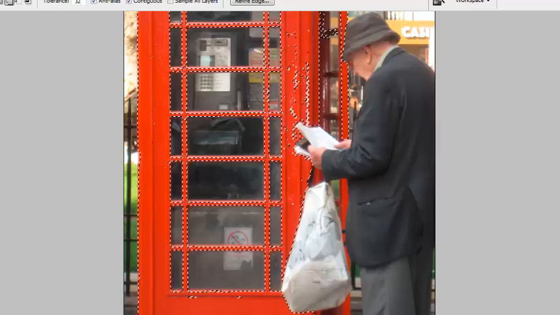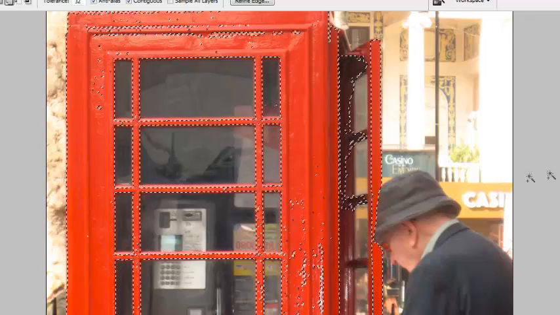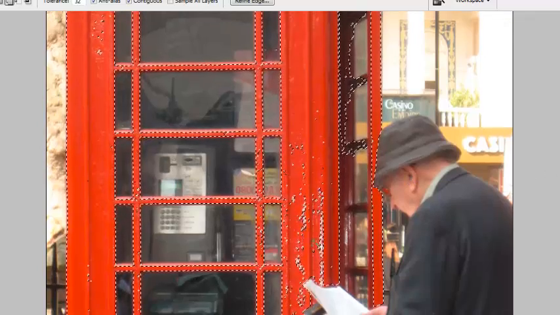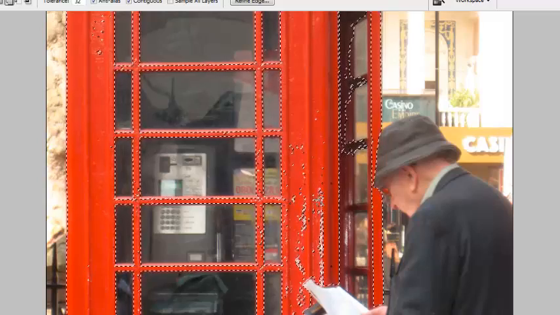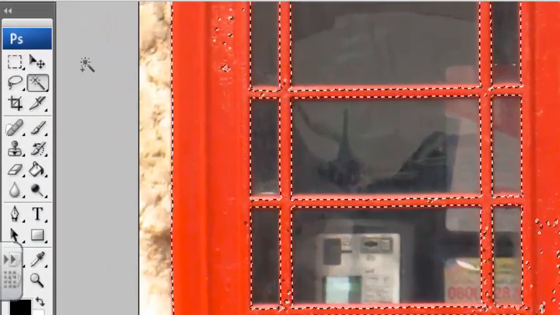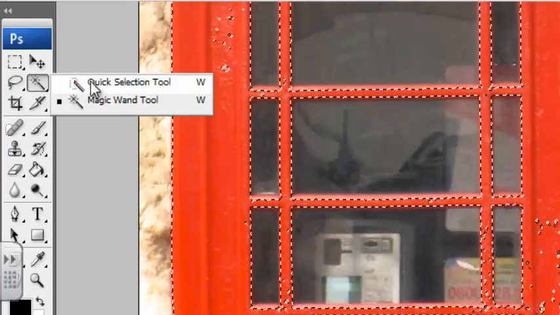Be precise as you can. So from here, if you notice, on this part here, it's very hard for me to click on every single item to get it off. What I'm going to give you a hint on using, go back to the magic wand tool and choose the